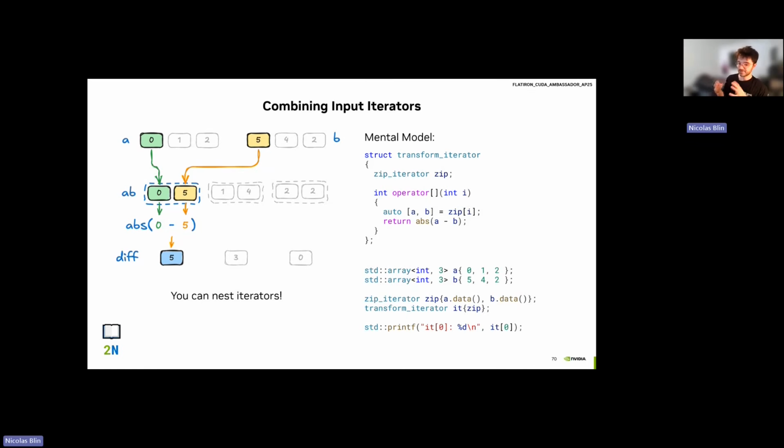Then it accesses our zip iterator to get not just 1, but the 2 elements, A and B, and return the absolute difference between A and B. And so you have the example of code on the bottom right. You declare A and B. You first declare your zip iterator that takes as parameters both A and B, and you give the zip iterator